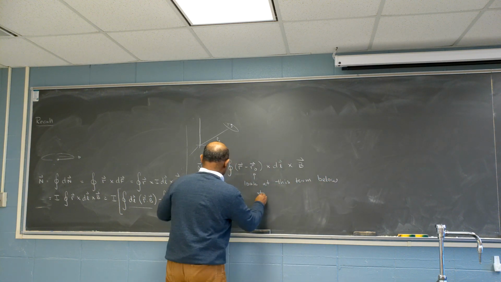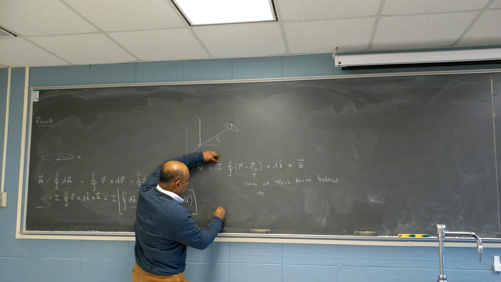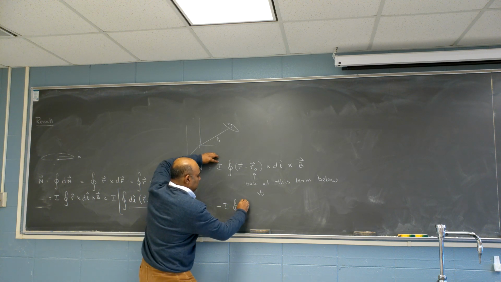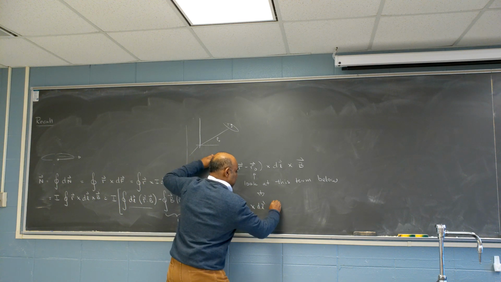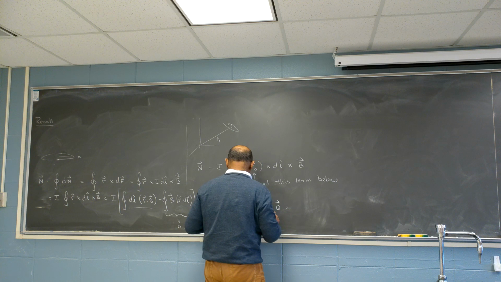So I cannot write n, because it's not n, it's just a piece of n. It's minus I R0 cross dl cross B, correct? Well, R0 and B are constant vectors,